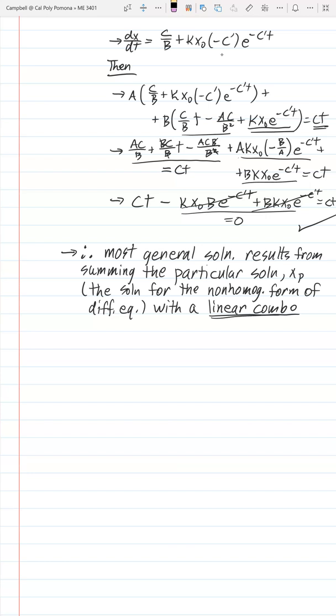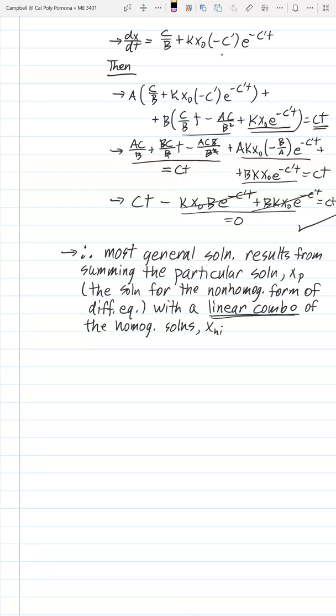Okay, so I'll underline that because we're back to our linear combination of the homogeneous solutions, otherwise known as the basis functions for the homogeneous solution set,